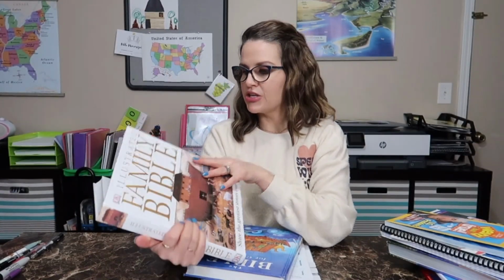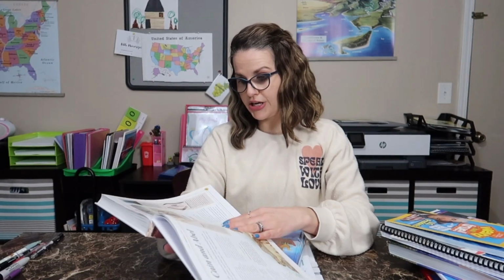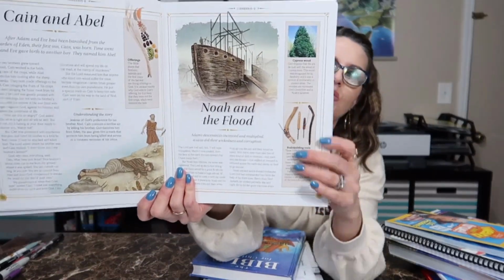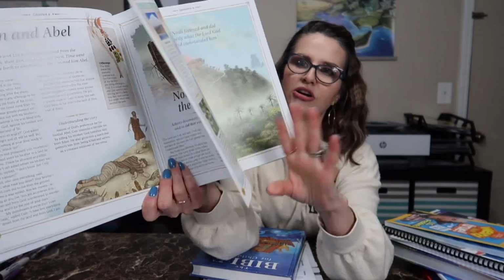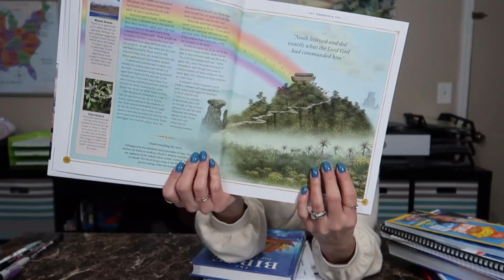So Monday through Thursday, we work through one of the lessons, and then on a review day that Abeka has, I usually find the same story that we're working on in this book. So this is the Illustrated Family Bible by DK. We're really enjoying it. I think it's working out really well. But for instance, here's Noah and the flood. So I will read through this to the girls on our review day, and then I'll read through this. Now we do